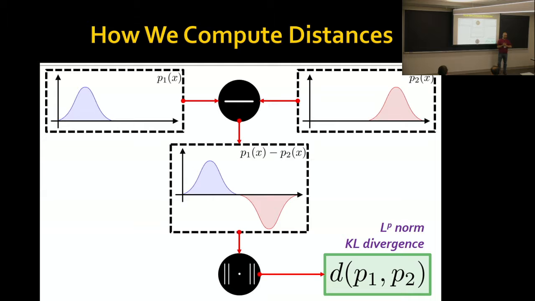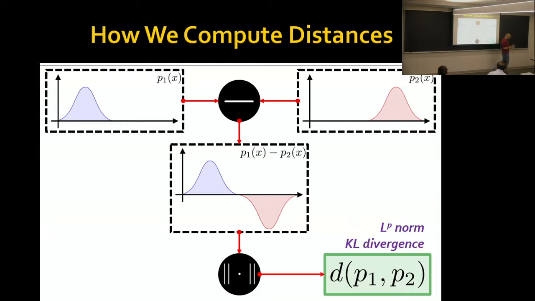So certainly many previous divergences fall into this category. One way that I can do it is I can take my two functions, p1, p2, subtract the two, and integrate. I think this is something we've all seen in some form or another. And of course, the typical way we think about this is you subtract, square, and integrate, but these are probability measures, so maybe I really shouldn't be doing that, but things like KL divergence, L1 distances, and so on, all have a very similar structure, right? I iterate over the x-axis here, and I compare the different values.